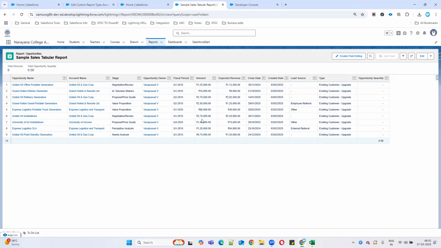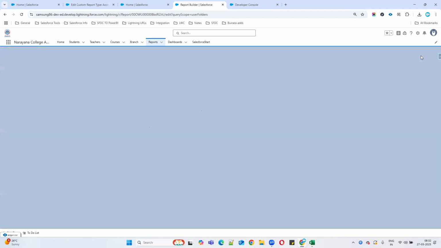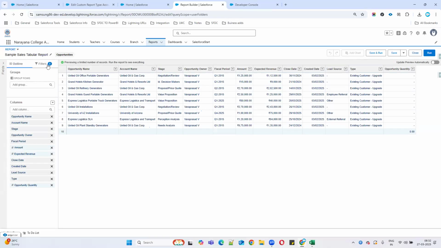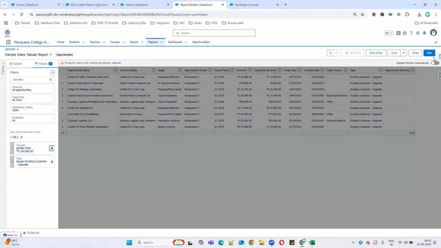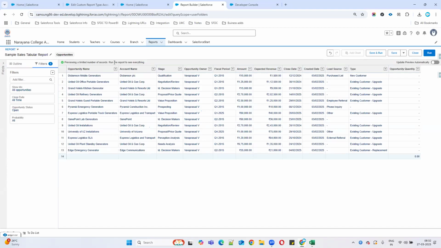Click edit. Okay, so what are the filters? I'll remove all the filters, I don't want any filters now. Refresh. Okay, so this is the opportunity, sir. Now my requirement is, for example, the amount field. If the amount is below 50,000, I mean 1 rupee to 50,000, I want to divide that opportunity